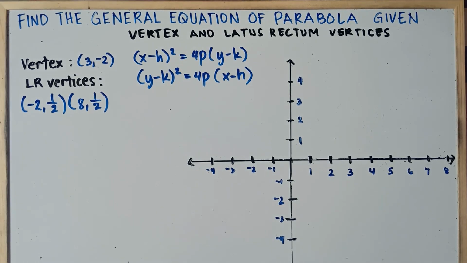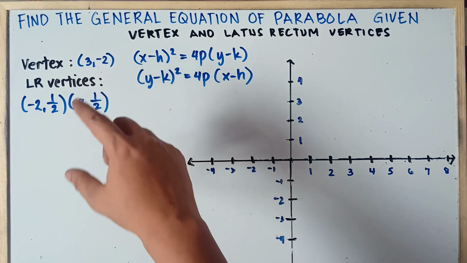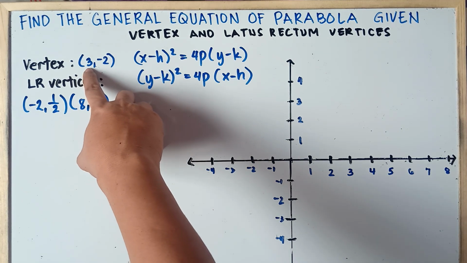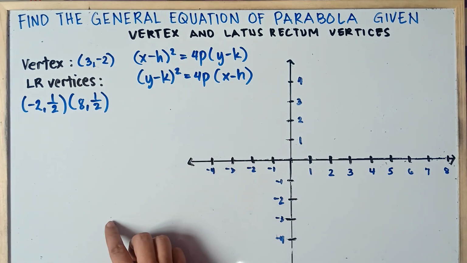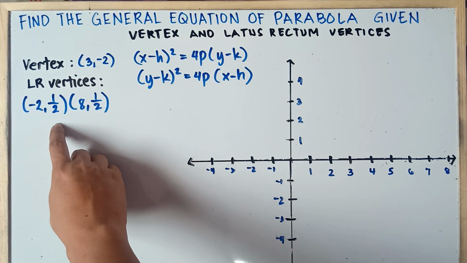Our topic for today's class is we're going to find the general equation of a parabola given the vertex and the vertices of the latus rectum. So without further ado, let's do this topic. We have the given vertex, which is (3, -2). Once again, class, for the vertex, there would be h and k. So our h is positive 3, our k is negative 2. And we have the given latus rectum vertices, (-2, 1/2)